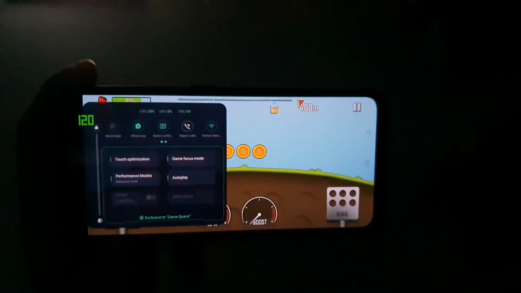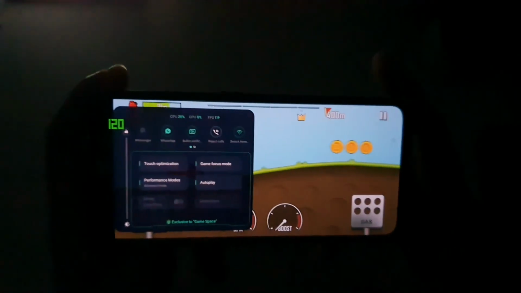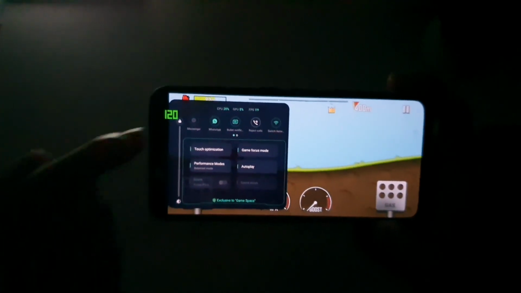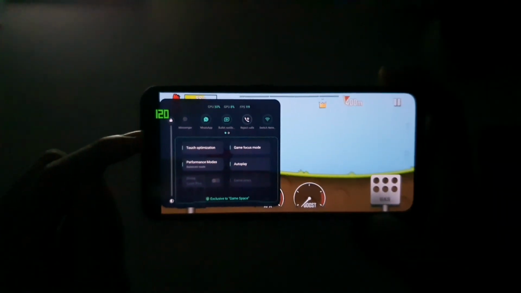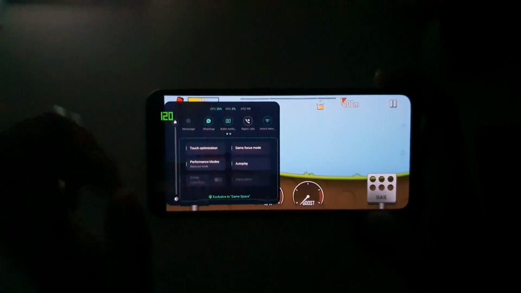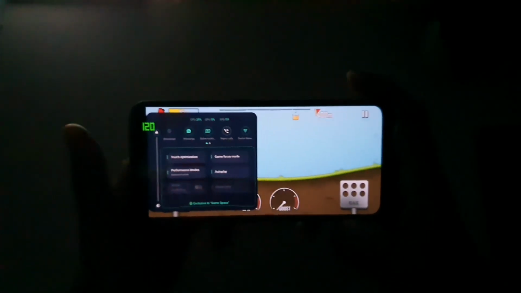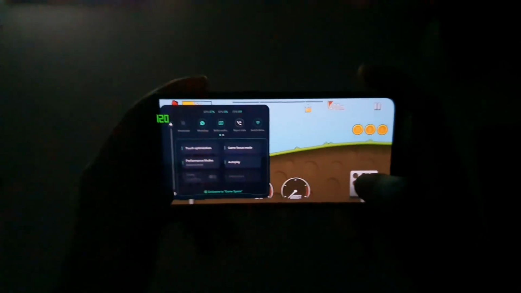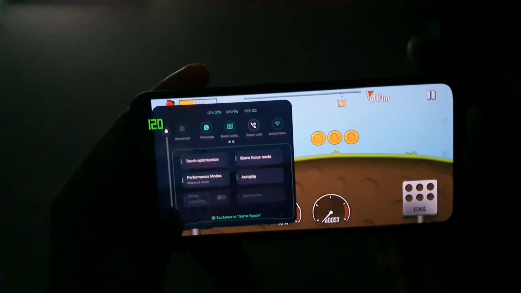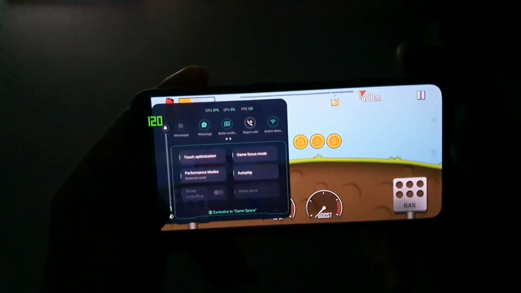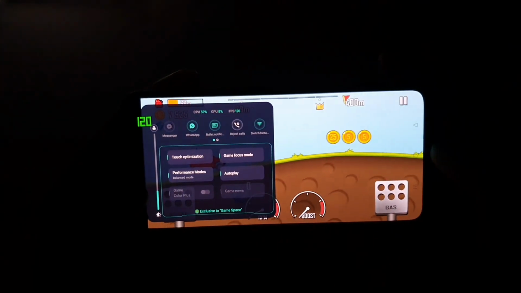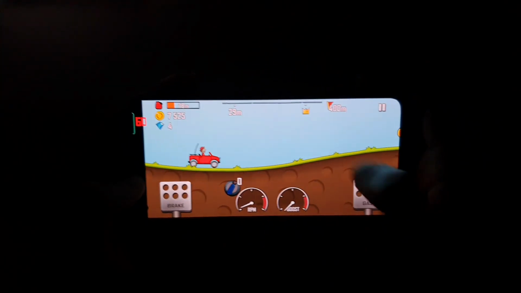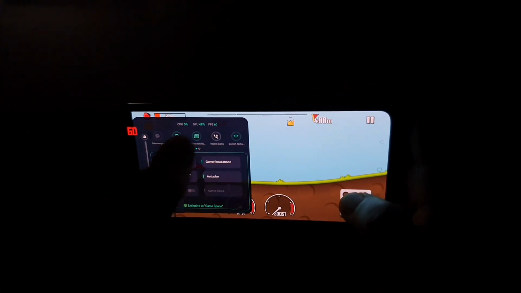But you may think everything is fine. What is the problem? The problem is that as soon as you increase the brightness, the 120 FPS will change to 60 FPS. Yes, that's the main problem. You can actually play at 120 FPS on high refresh rate games, but it cannot be with high brightness. Try to observe. I'll try to increase the brightness. It's staying. Okay, it's staying. You may think it's staying, but let me come back to the game. Immediately it went to 60.